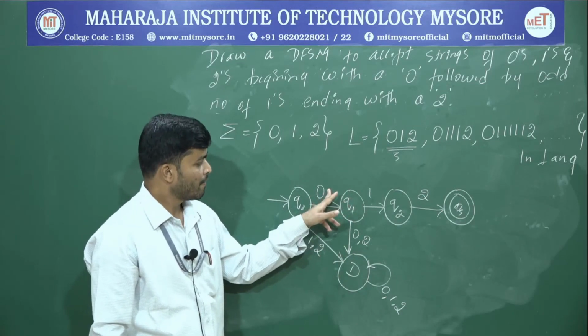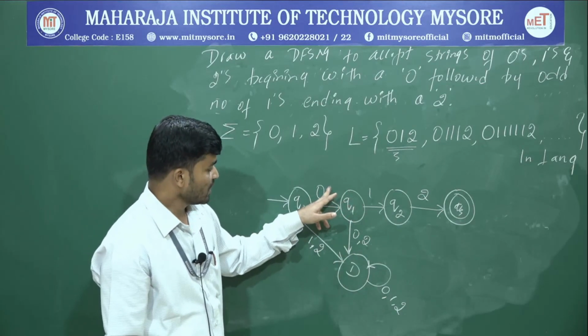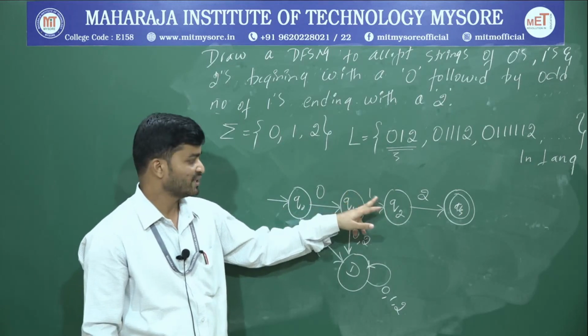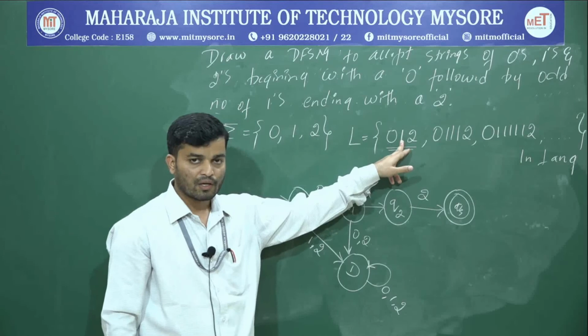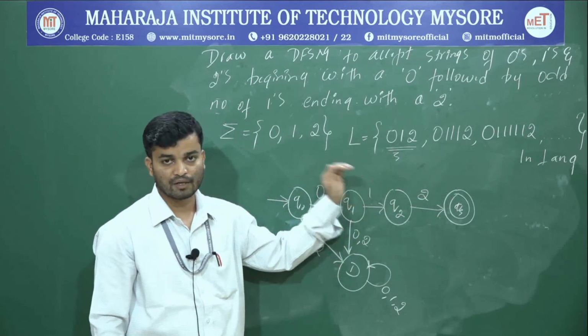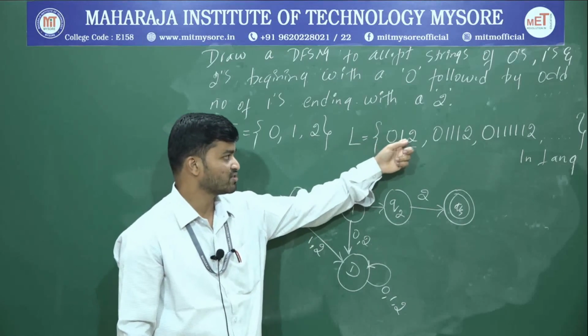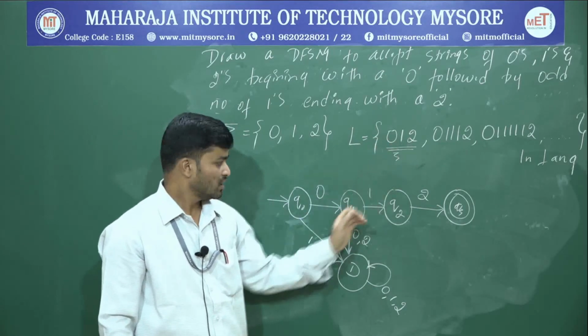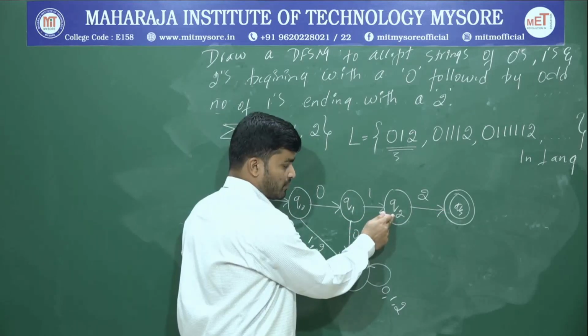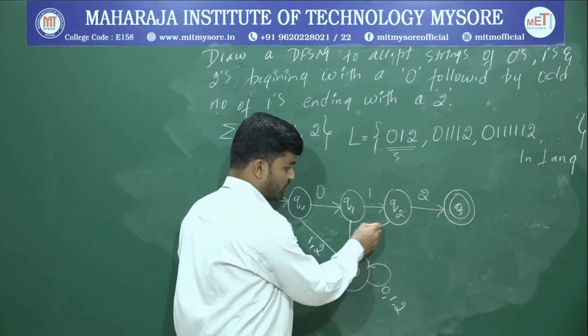Why? Because if I write a loop, after 0 I will have n number of 2's, but the requirement is an odd number of 1's. Since there is no other option, if I connect anywhere after 0, I will get 2, but what's our requirement? After 0 there should be exactly an odd number of 1's. Therefore since there is no option, connect that to the dead state. I will go with Q2. Okay, so what I will do, I will connect this one over here.